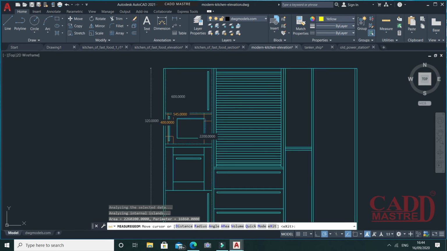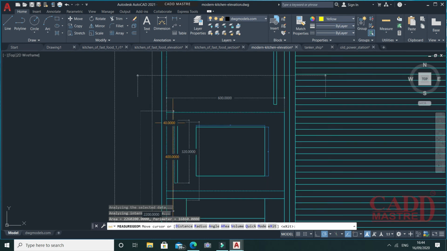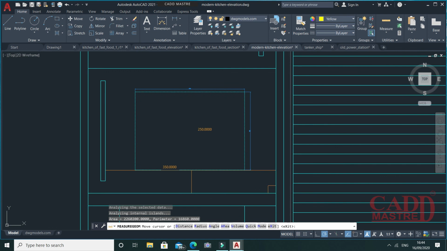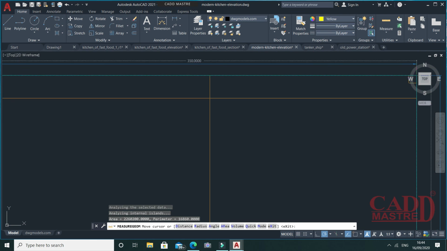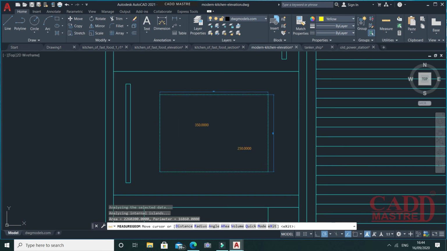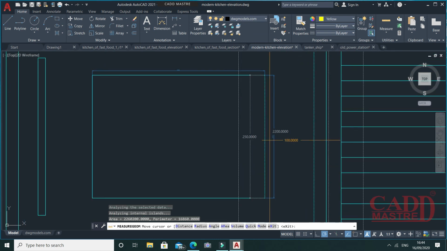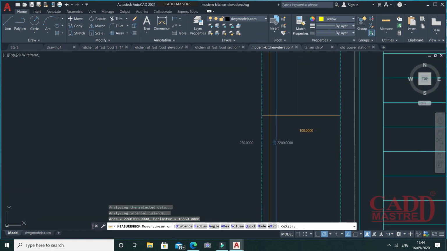Let us zoom into this section to check whether the value of measurement is correct or not. Now this rectangle shows the value of 350 in length and 250 in height.